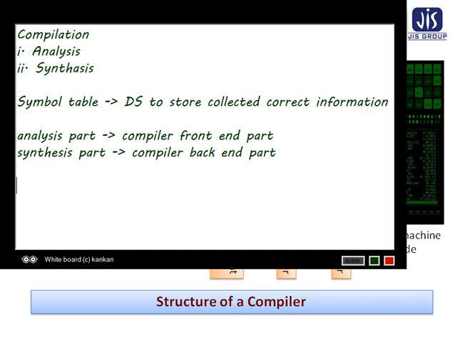Now, the decomposition of a compiler into phases is shown in this diagram.